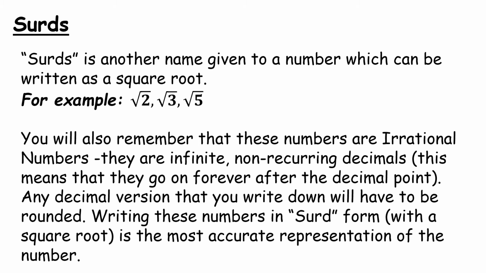So any decimal version you write down will have rounding. So using this surd form is the most accurate way of writing the number. For example, if you have your calculator in front of you and you want to do root 2, most new calculators now, if you type in root 2 equals, you'll get back root 2 and you'll have to use the change button or the SD button depending on which calculator you're using to figure out what it is as